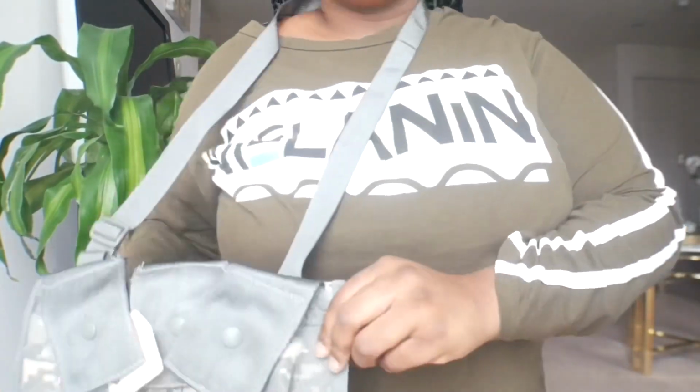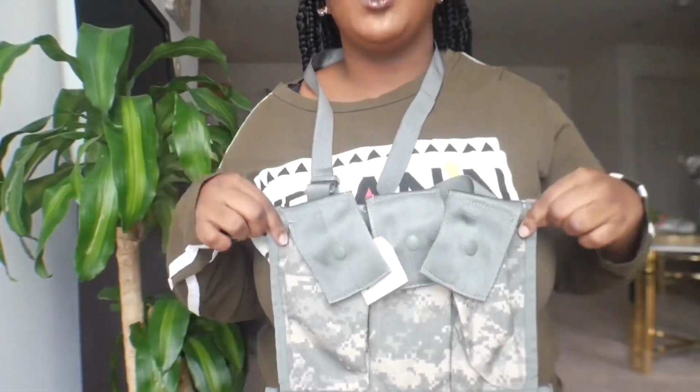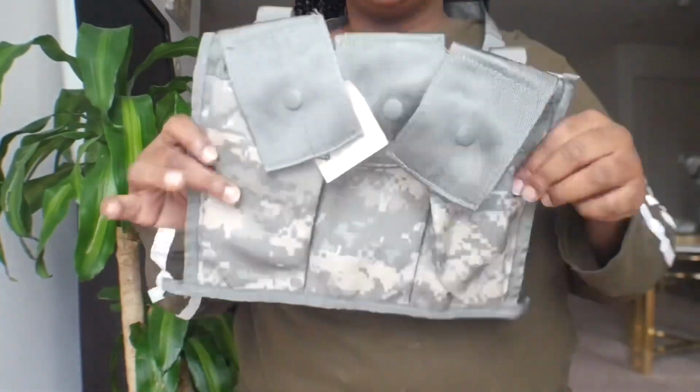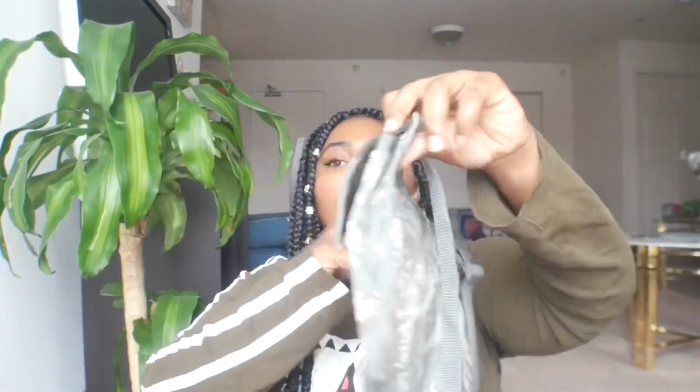So I got this little bag. You wear it like a purse, but I'm going to make this into a bag like this. So it's gonna crisscross and it's gonna come from the bottom. This bag, I want to make it cross in the back and just sit on your chest like this. And then I want to